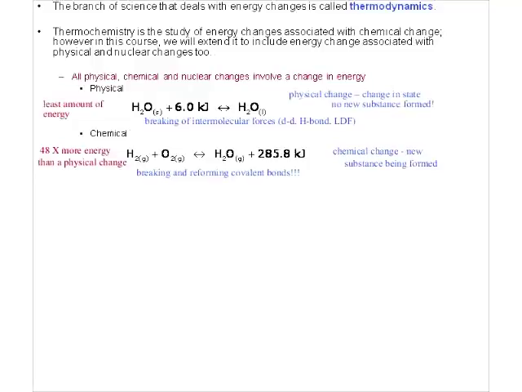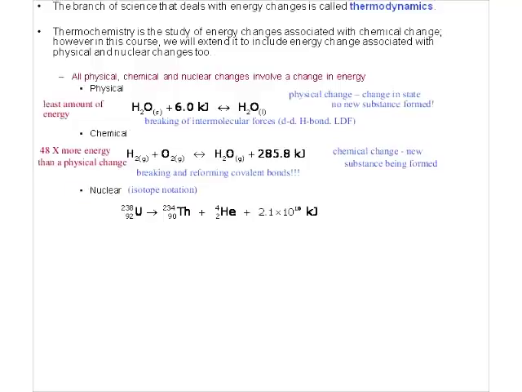Now, if we take that a step further and we go to a nuclear change, what we're looking at here in nuclear changes is changes in the nuclear makeup of a compound. And we know that what's going on over in Fukushima, Japan, and Chernobyl back in the 1980s was the meltdown of a nuclear reactor. And in that case, tremendous amounts of energy being released, and it takes a long time. It's taking them forever to try and cool down that reactor and trying to manage all the energy that's being